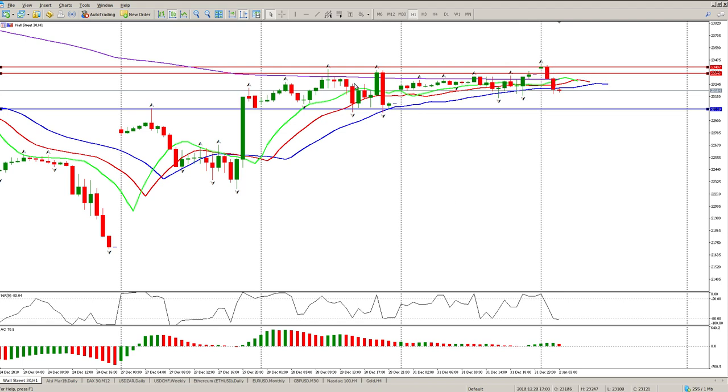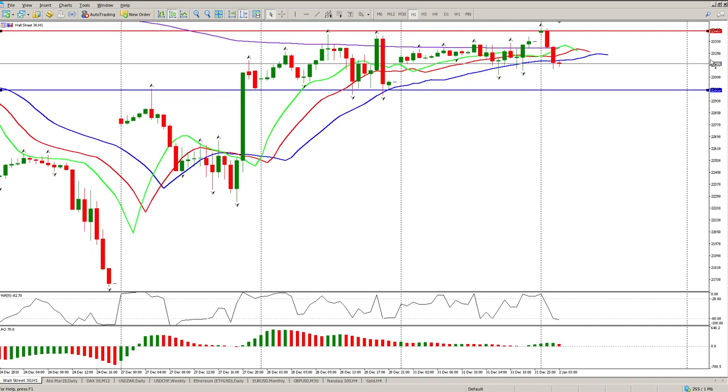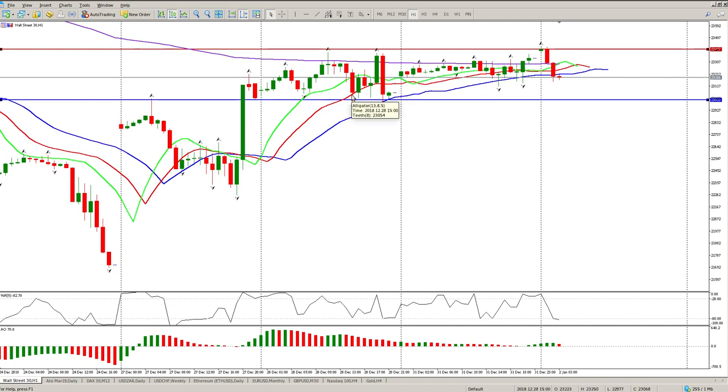These two red levels, and in fact this second one here can go away, because that is a level we need to worry about. Okay, so what we have is a range. Now, what is typical of these ranges on the Dow, especially on the higher time frame,